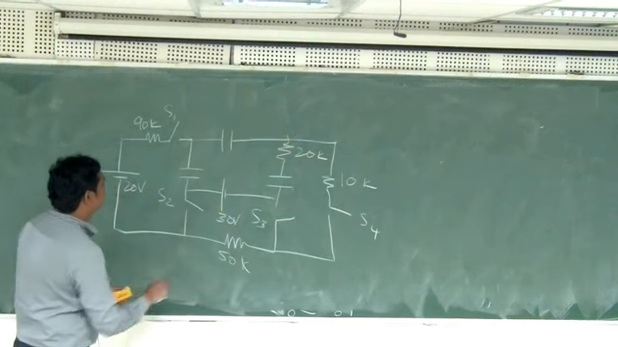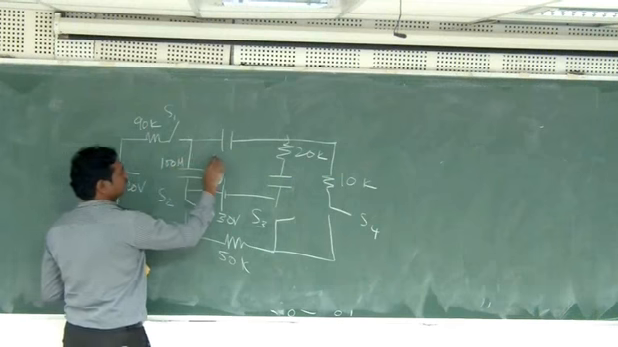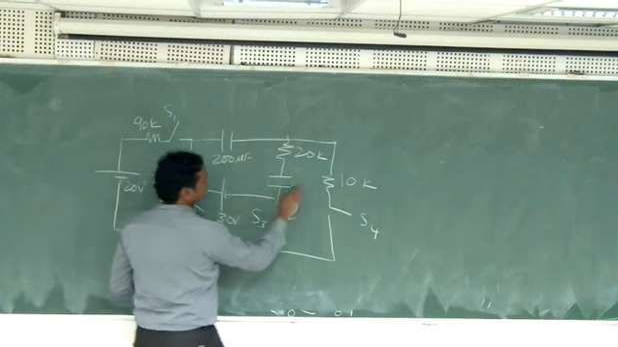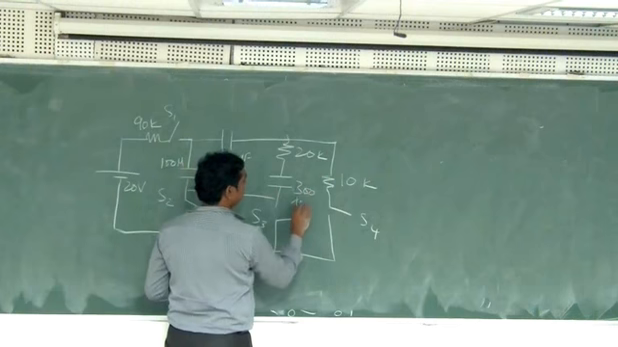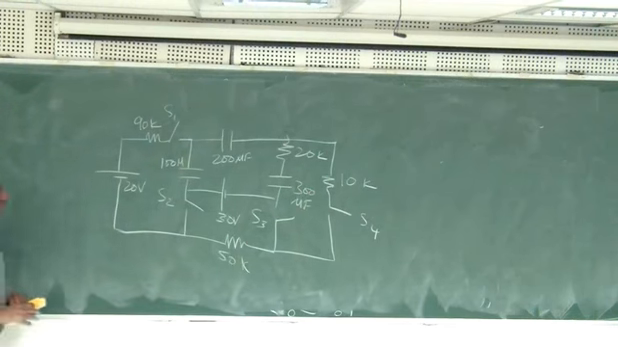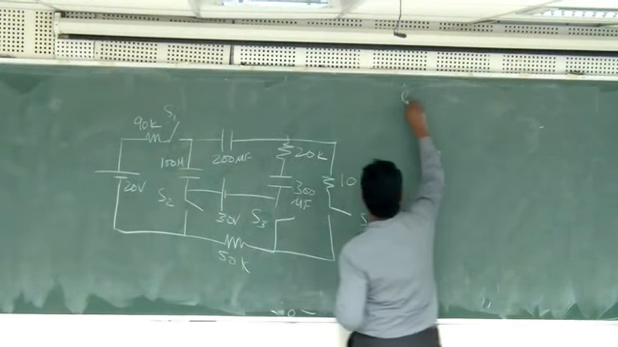Let's say this is 100 microfarads, and this is 200 microfarads, and this is 300 microfarads, or something like this. Okay, this is a big circuit. Now, if I say something like events,